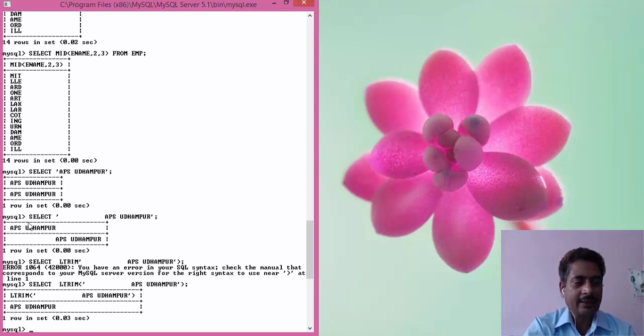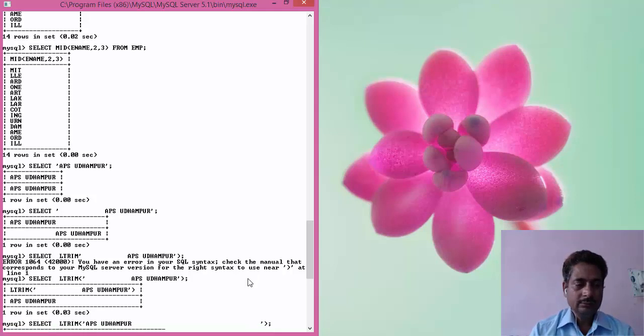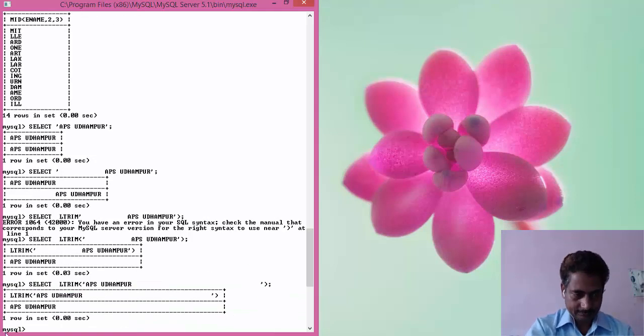Okay, rtrim works the same way on the right side. If we use right side space, you can see that it removed the spaces. Applied, it will not show the effect because it is the right side and the right side is already white, so you can't see the spaces removed, but the effect you can see on the left side.